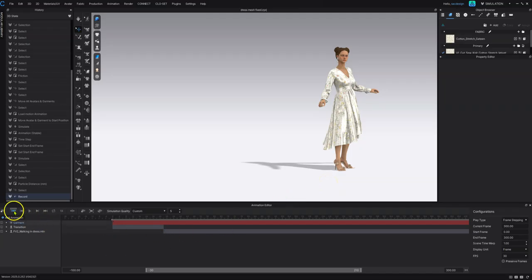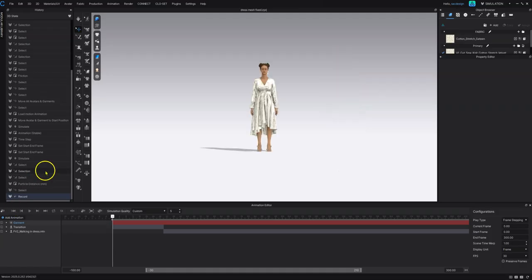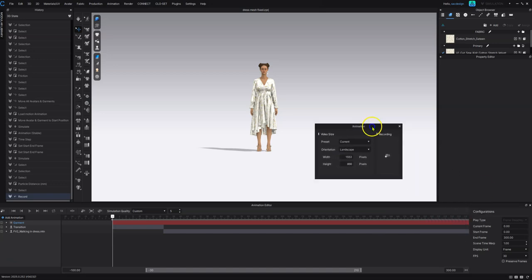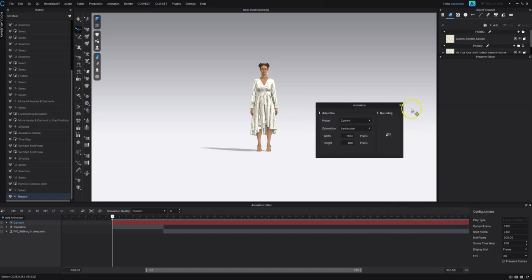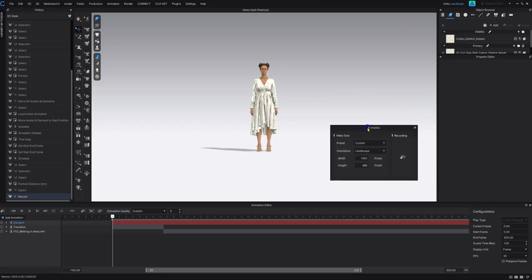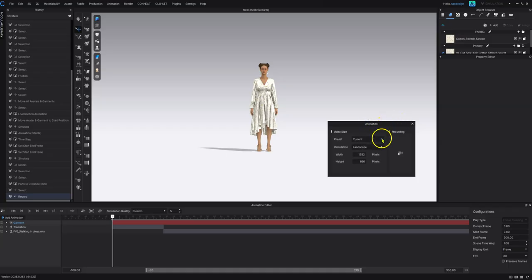So to do that, I'm just going to click this to go back to the beginning. And then I'm going to File, up here at the top left, Video Capture Animation. And you're going to look for this little pop-up. It popped up on my bottom right screen. So it's really small. So just make sure you don't miss this pop-up because that's where you're going to be doing all of your